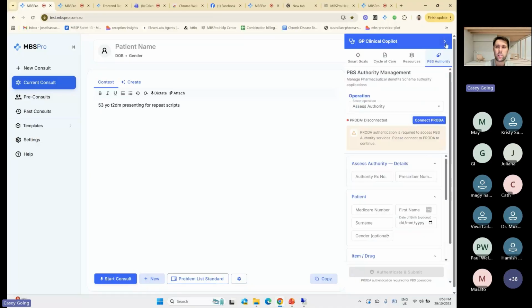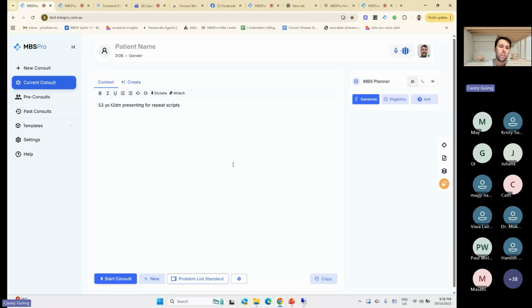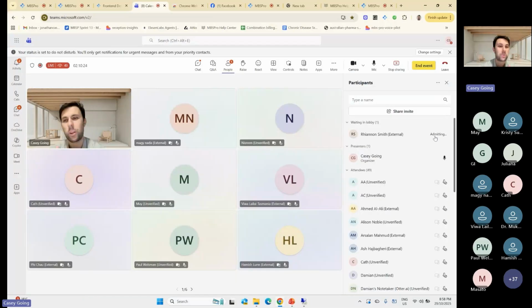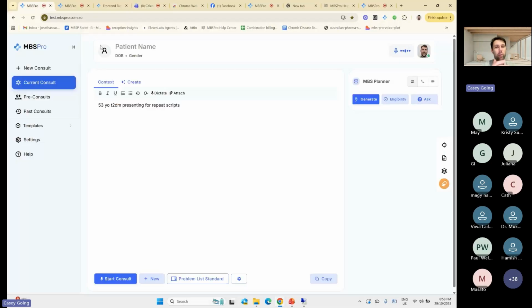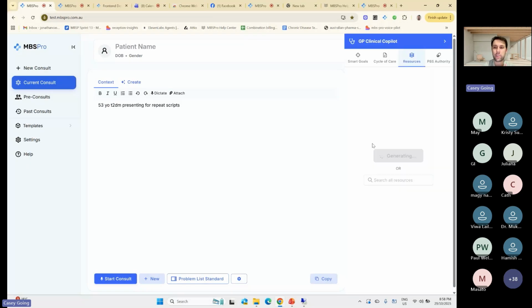The other one is an evidence-based medicine module, which will come down in our PBS authority. So essentially be able to just query, what is first-line treatment for type 2 diabetics in a 53-year-old, and it'll look up, who is that joining? I know. It was someone joining. And it'll look up guidelines, databases based on Australian guidelines, so things like ETG, RCH, AMH. So it'll be an evolution of our current resource.